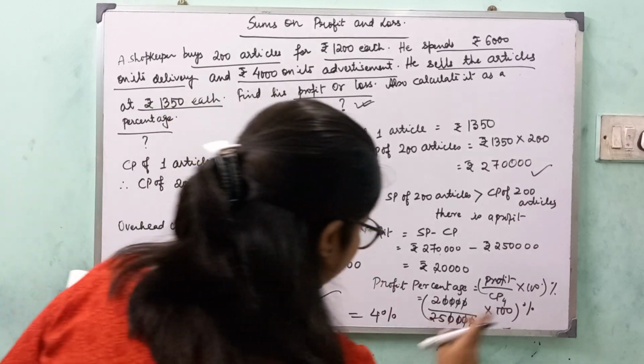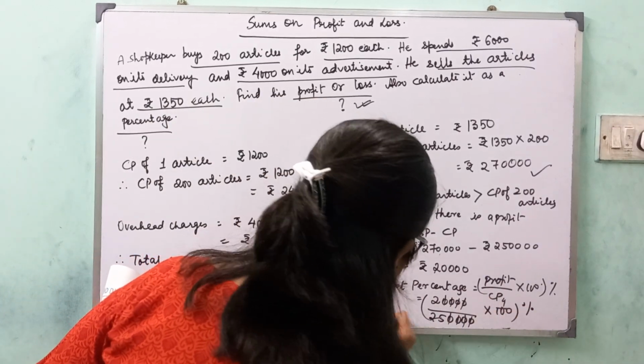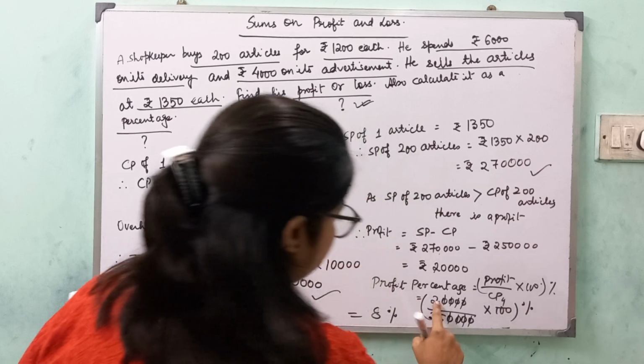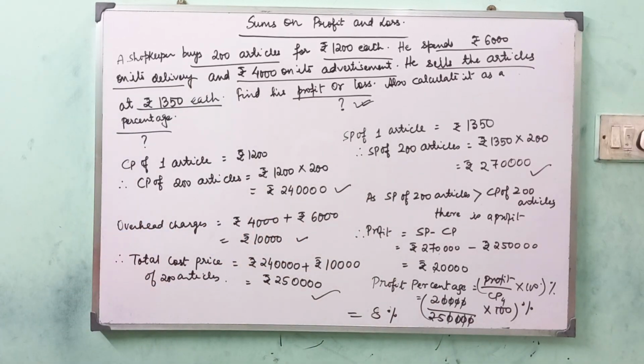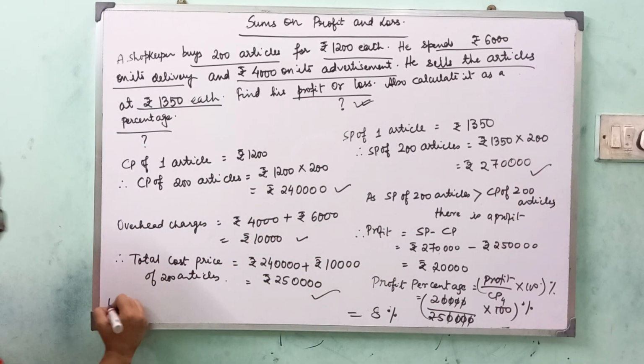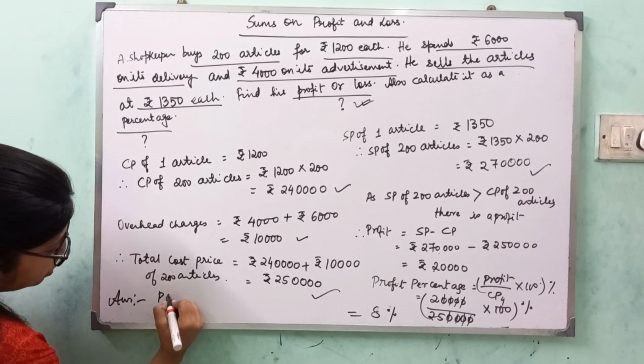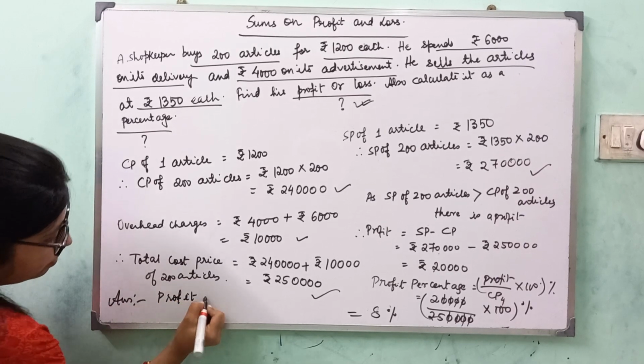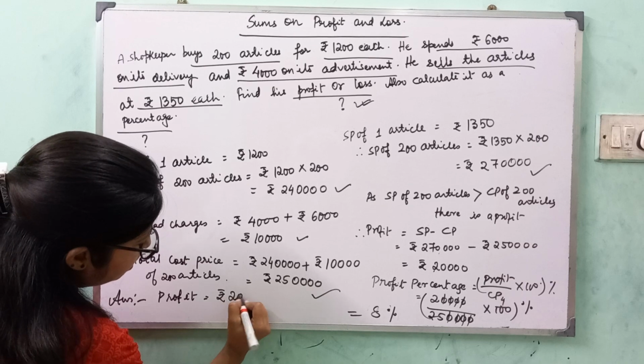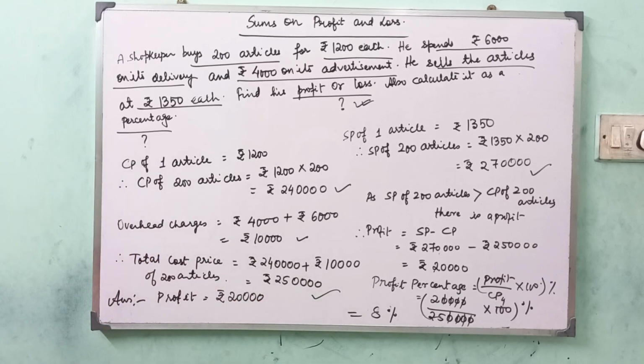Oh, this is 4, there's a 2 over here, 8, there's a 2 over here, so 4 2s are 8, so 8%. So what we can say, answer: profit is rupees 20,000, that is the profit. He has gained a profit of rupees 20,000, and we can see that he is having a